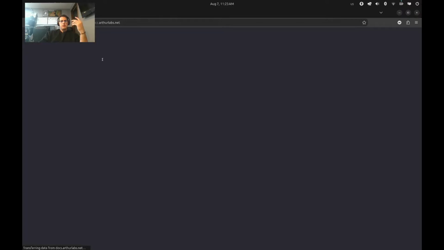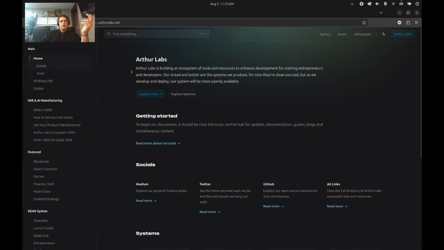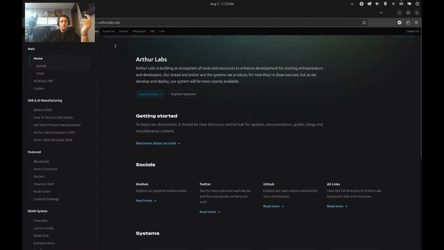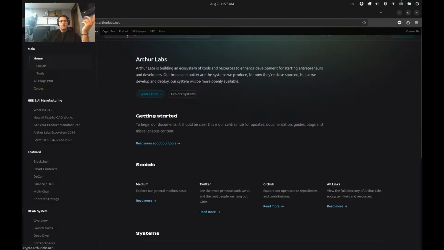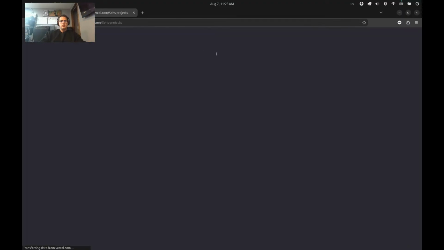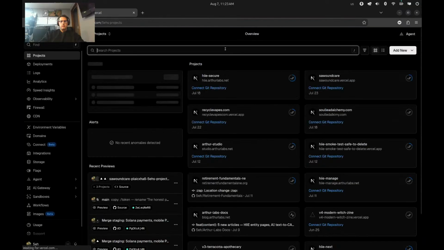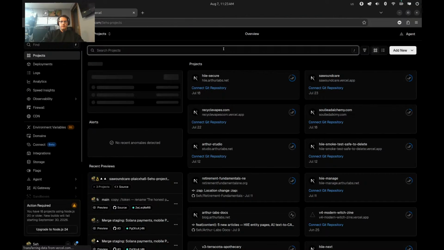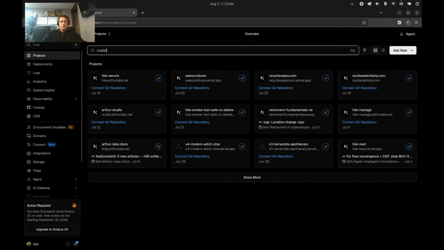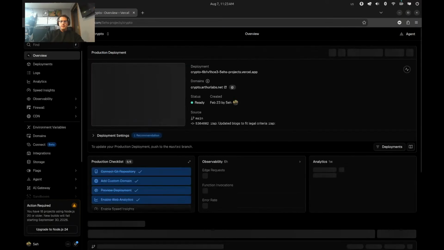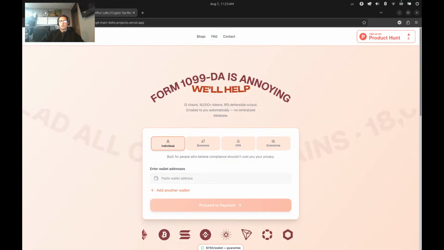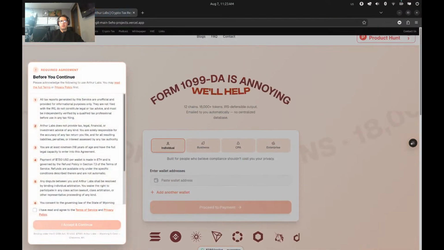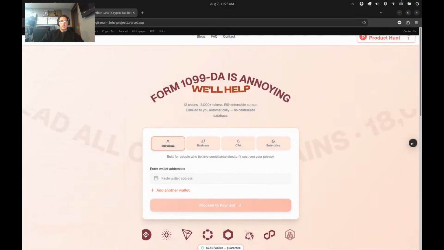But we also have the other pages as well, such as docs.arthurlabs.net. We can do the same thing, be able to go to our crypto tax. Some of our pages don't even render, so a 1099 tax form, here I can show you guys. Let's go to crypto. One of our pages don't even render,